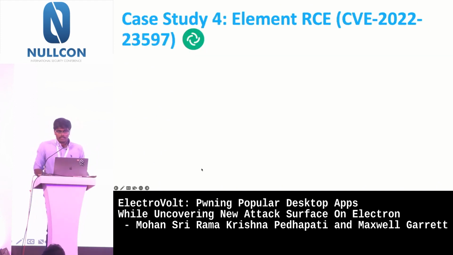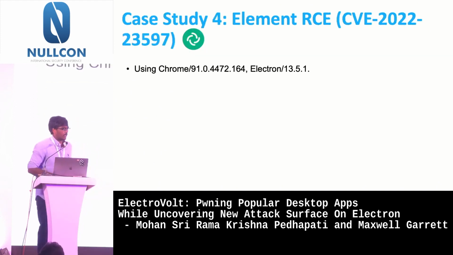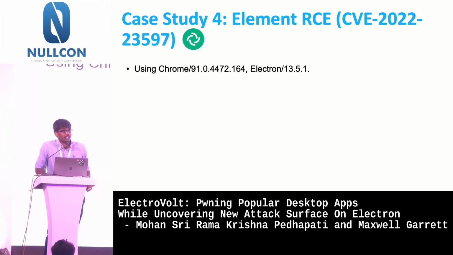So let's see the case study of this bug. How many of you use Element here? It's also like Slack, but it's more secure, they say. It's using Chrome version 91, which is quite old. If the Chrome version is two versions old, you can get a JIT exploit if you are good enough to read the commits and